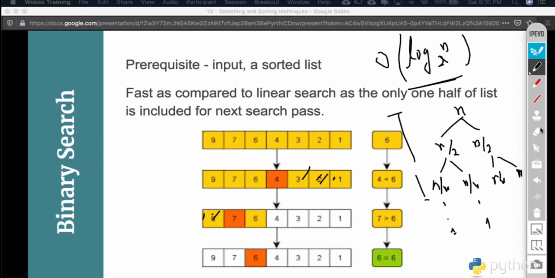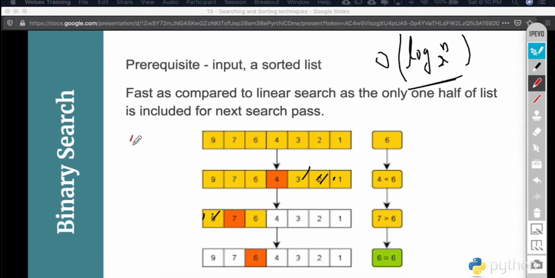And if we try to understand it with some numerical value, let's suppose, as we have seen with the linear search, if you have 100 elements in your list, it was at most taking 100 milliseconds to return the result. But when you take a binary search, we start with 100. Next step, these 100 will be divided into 50. In the next step, these 50 is again divided into 25. Then these 25 again divided into, let's suppose, 13.